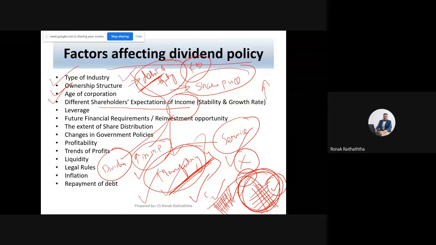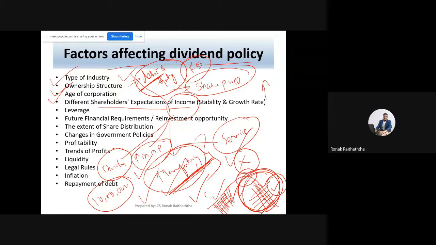Now, possibly due to some taxation benefits too, investors' preference may vary. Earlier, the dividend amount was not taxable up to 10 lakh rupees. But since the last budget, the finance minister has stated that the dividend distributed by any company will also be taxable in the hands of shareholders. But earlier, up to 10 lakh rupees, dividend was not taxable to the shareholders. But if the market price of the share increases and you sell the shares to some other people, then there was a capital gains tax on it.